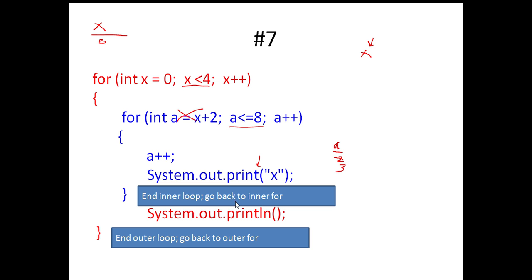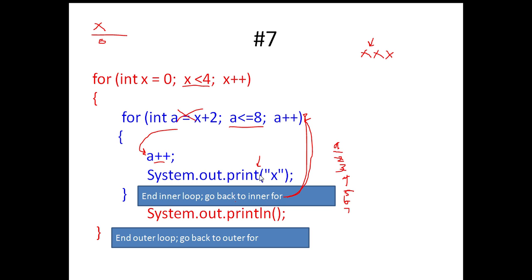We end the inner loop, so we go back to the inner for, and we increment a, and then we test it. 4 is less than or equal to 8. Now we're in the loop and we increment it. And then the next line down says to print x. We end the inner loop, go back, increment again, test it. 6 is less than or equal to 8, so we jump into the loop, and we increment a, which is now 7. x is printed again,